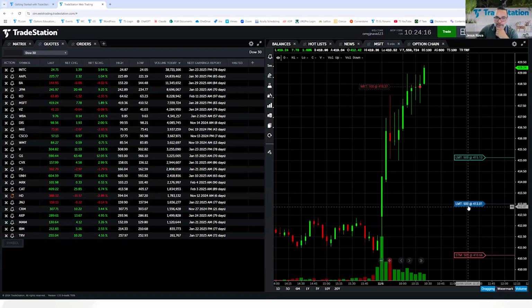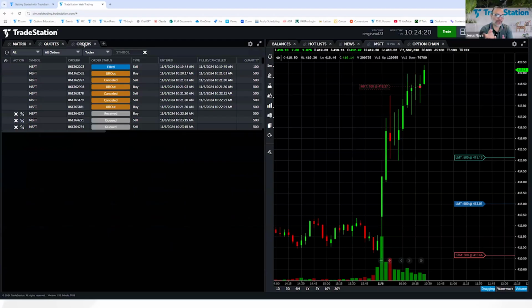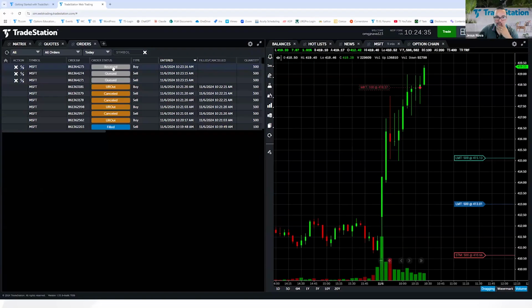The orders that are here are also in the orders tab. So there is an application that's called the orders tab, and it allows you to manage all the different orders that you're submitting. These are all the orders for today. I can sort them by entered, and then you can see how the Microsoft orders are at the top. I have one that is received and the other two are queued because the other two are dependent on the